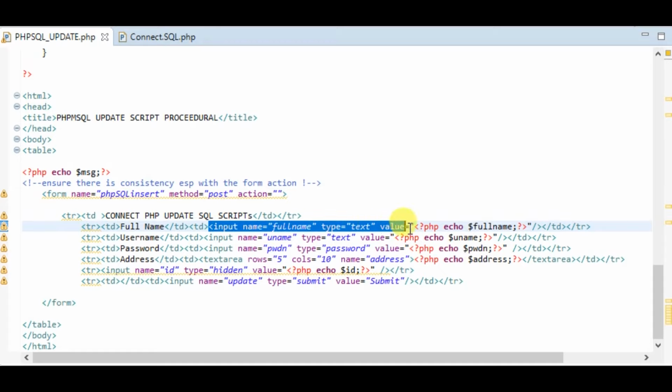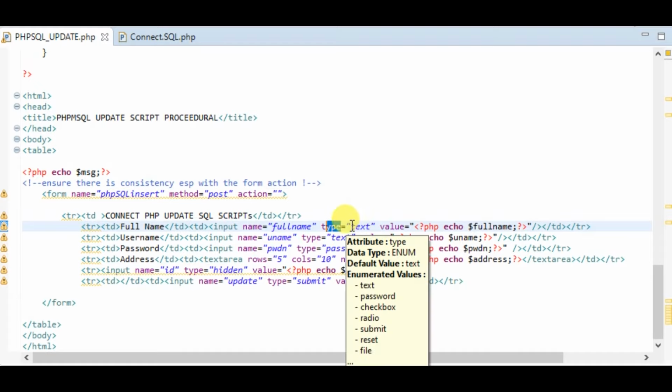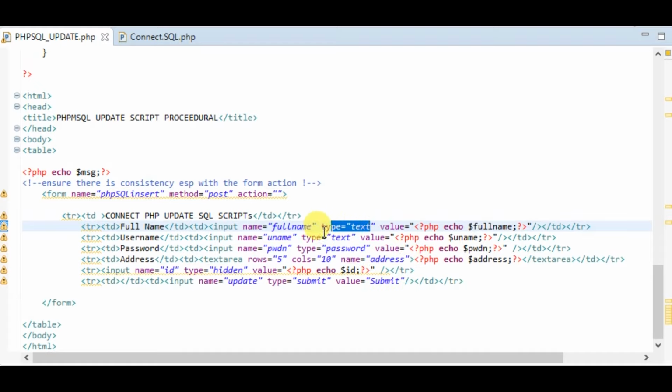Now, if you look at this input here, we have input full name, type as text, value as this. There's a way you use value. This value is one of the methods of the input methods under the form object. Okay, in HTML, usually you have your name, then you have the type. The type specifies the kind of data that is incoming. Now the value in this case